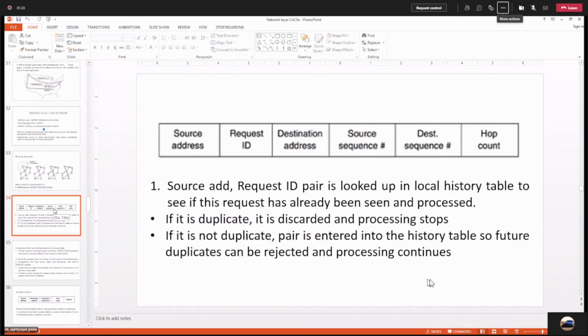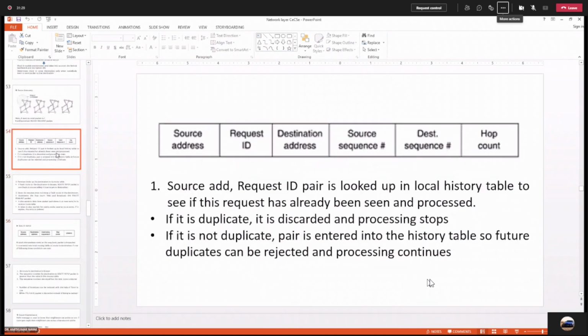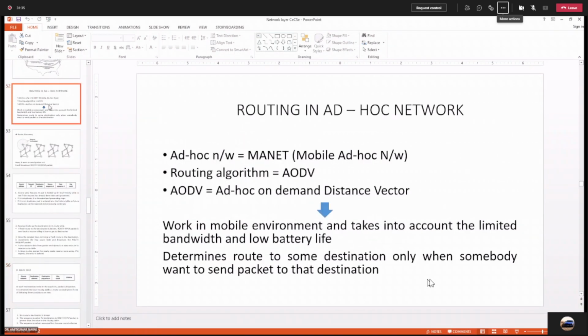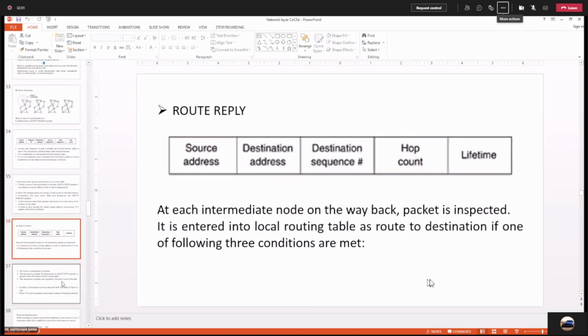The packet is available on your screen. So route request message is sent and then route reply message is received. This is about routing for ad hoc network. And as I said earlier, you can see device A is in the range of device B and D. So A will communicate with B and D by sending the request message, and B and D will send reply. And this is the only way by which routers can create the routing table in ad hoc network. So route request message and route reply message formats are available on your screen.